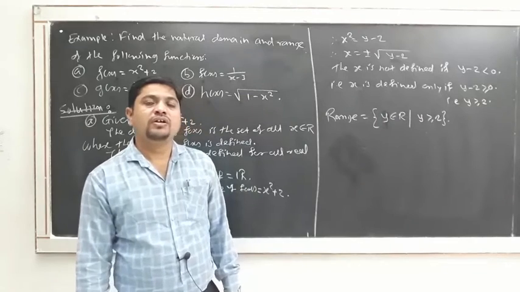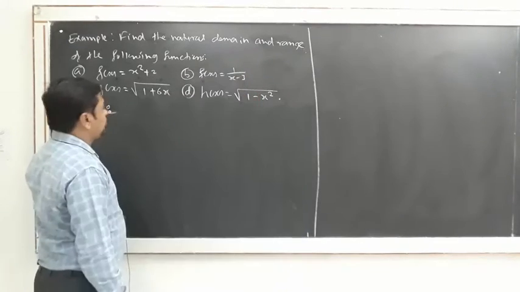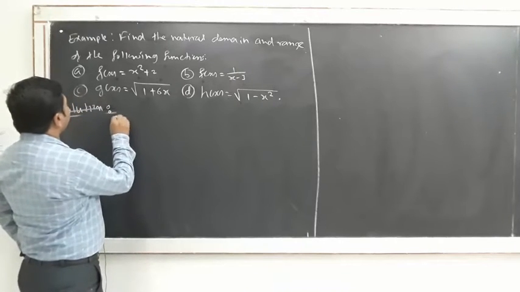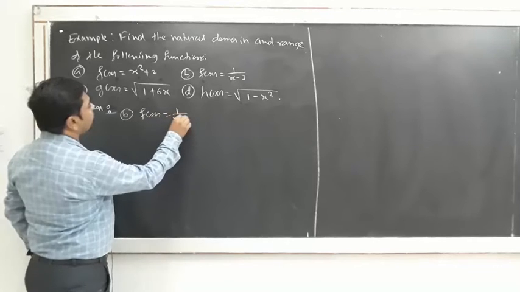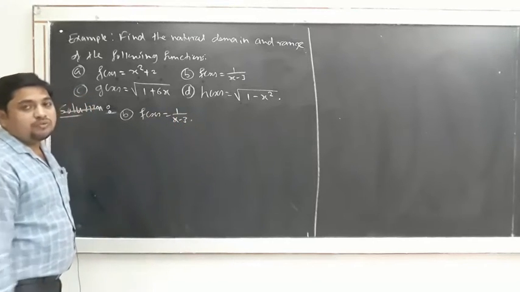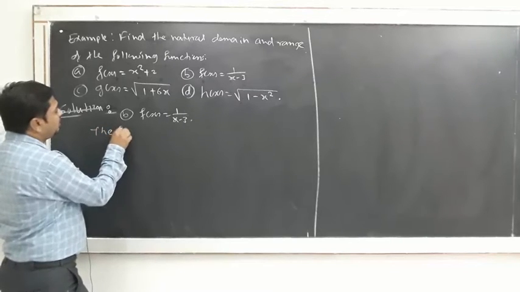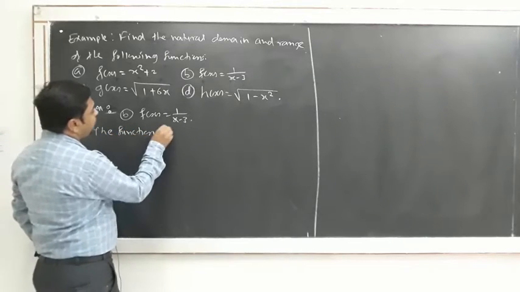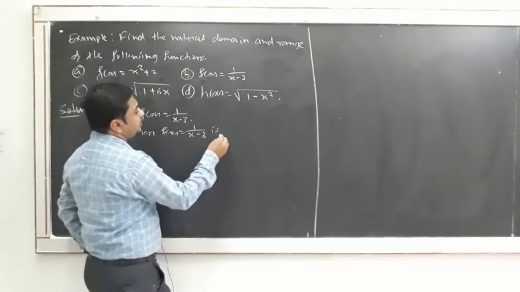Getting this? So in a similar way we have to solve the second and third. So what we can take here, next problem B: f of x is equal to 1 upon x minus 3. Now what we have to find? Domain. The function f of x is equal to 1 upon x minus 3 is not defined